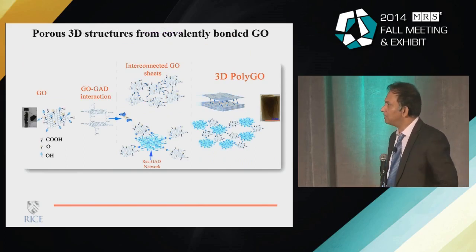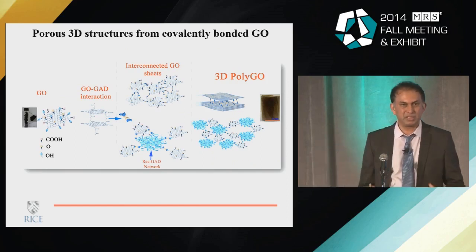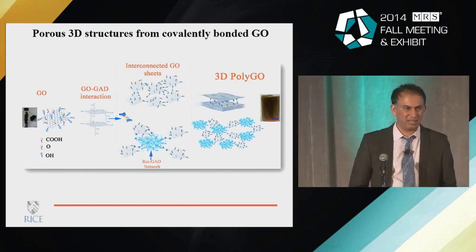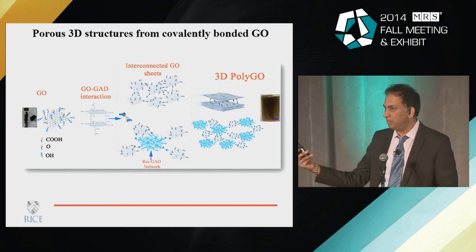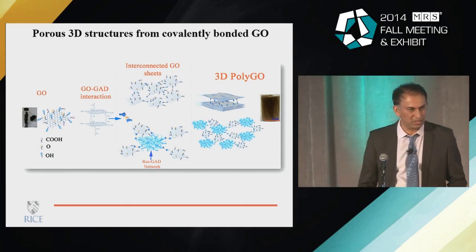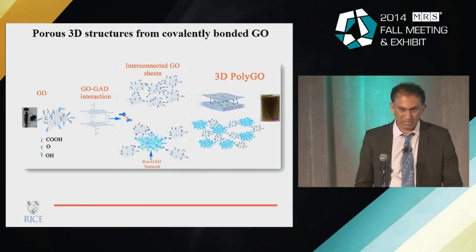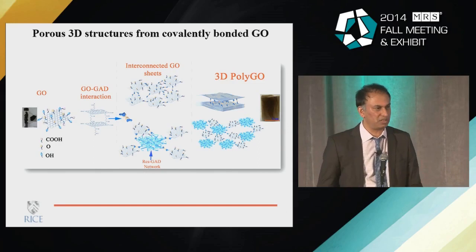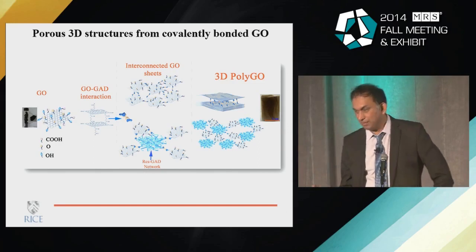A few last slides, I also want to mention this possibility of creating three-dimensional structures using two-dimensional building blocks, not in such ordered fashion that I talked about, which could be useful for electronic materials, but these could be useful for mechanical properties or scaffolds and many other things. And again, there's a lot of work in the past few years where people have been trying to create foam-like materials, very porous structures using 2D building blocks like graphene. And I'll show you a few examples.